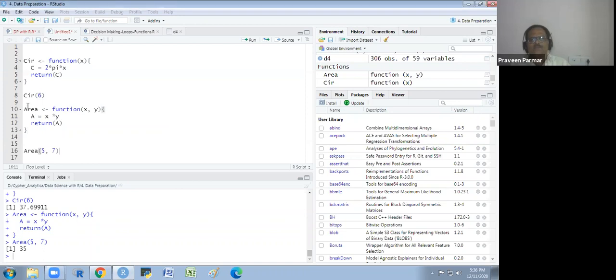Otherwise, you have to first run this particular script, and then you could apply this function. You make a script for that particular function. You first run that script, then you run whatever script you want. You could use it there.